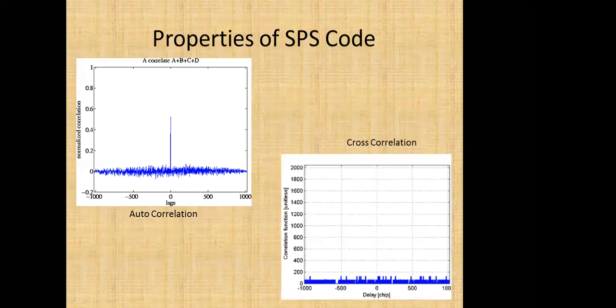So our SPS code, which is for civilians, is just similar to the GPS code. It is also a Gold code, so it will have very good autocorrelation properties. Whenever the signal is multiplied with its own code, only then will it show the peak, and otherwise it will show a flat line. Means cross correlation is around 24 dB.